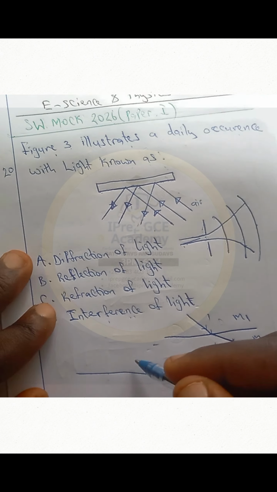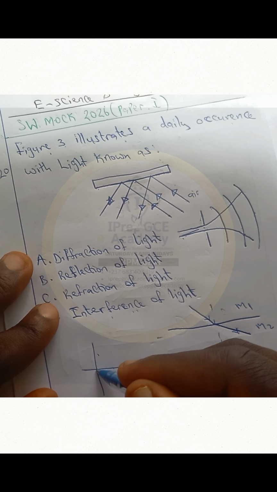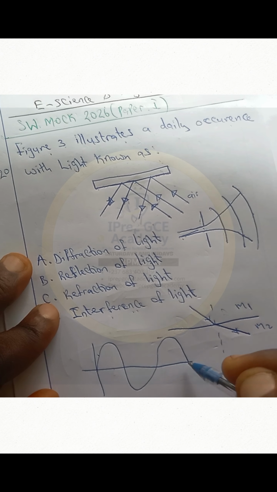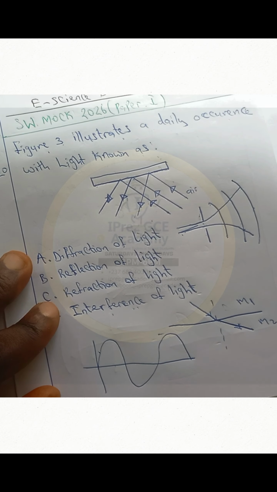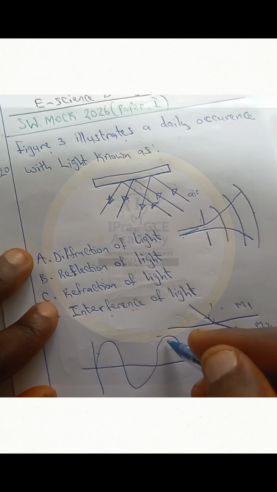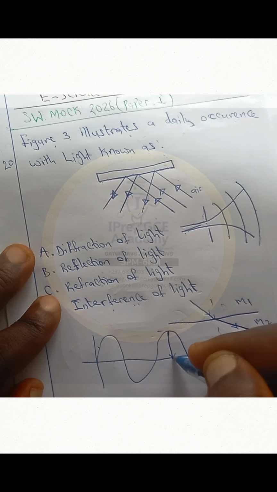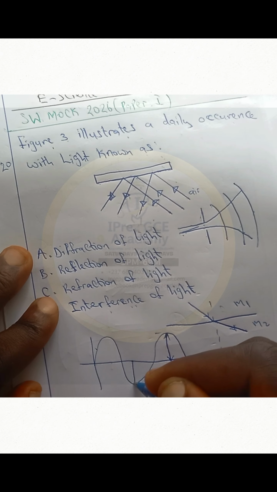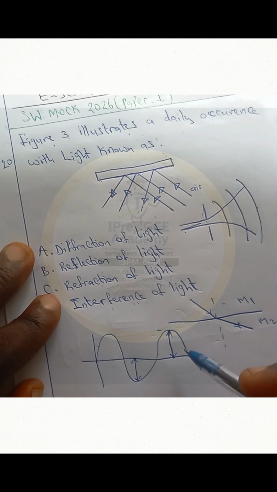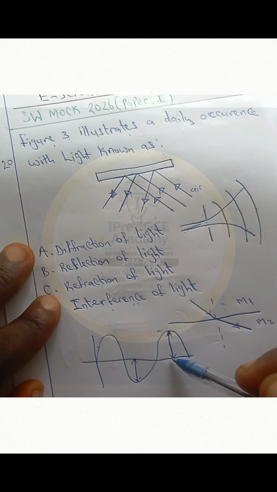If this is a wave here, then if I was to do this, what's the amplitude? This is the amplitude of the wave. As you can see, the amplitude of a wave is this distance here, the maximum distance from the equilibrium line to the highest point, or from the equilibrium line to the lowest point. So if the two waves combine to form a new wave that has a bigger amplitude,